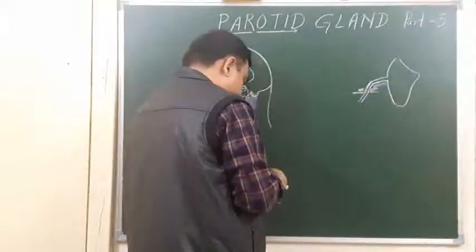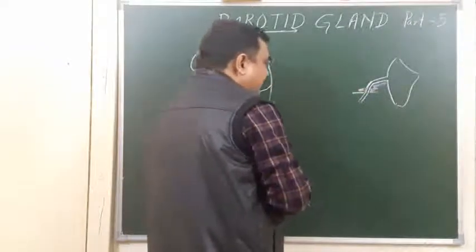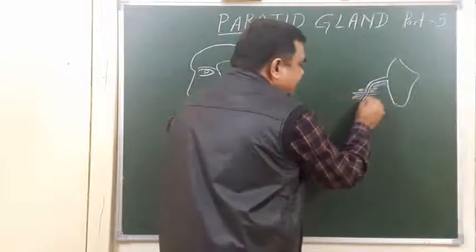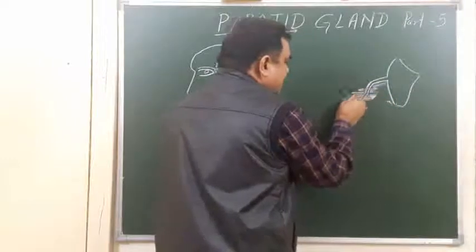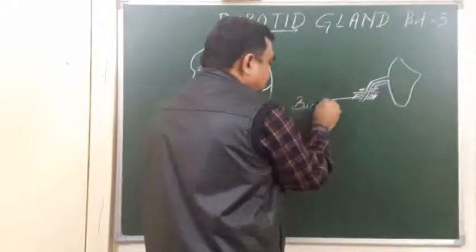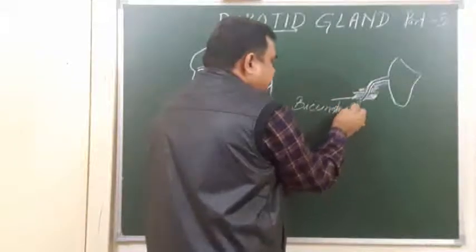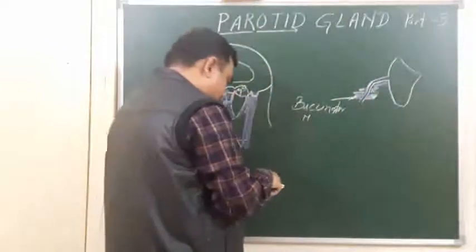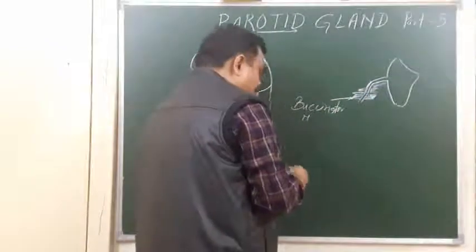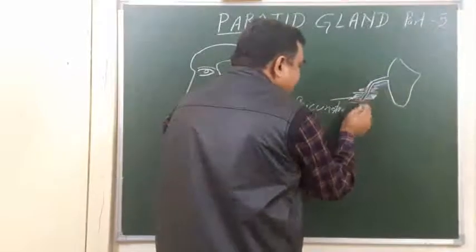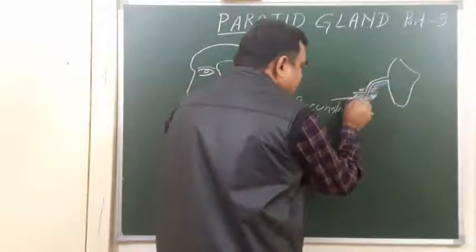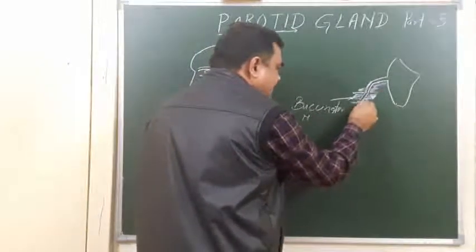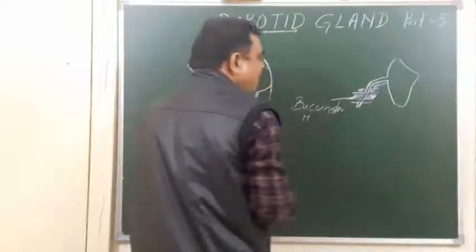to the buccinator muscle. Here lies the buccinator muscle. It passes obliquely through the buccinator muscle. Then it passes through the mucosa. Here is the mucosa of the vestibule, and here is a papilla in the vestibule through which it opens into the vestibule